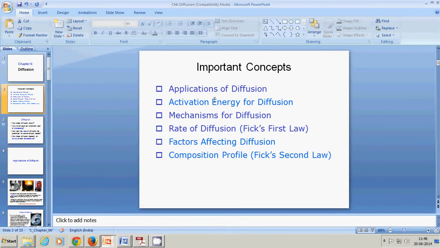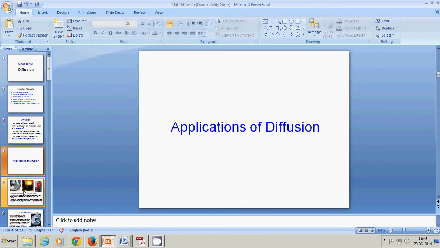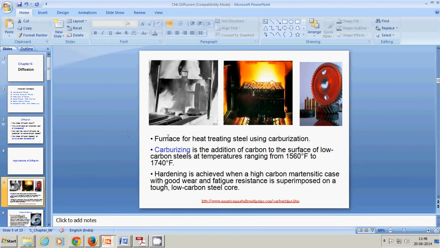Under diffusion, we will basically learn what are the applications of diffusion, the basic mechanism of diffusion, the rate of diffusion given by Fick's first law, and the factors affecting diffusion. Now, first let us see certain applications of diffusion,